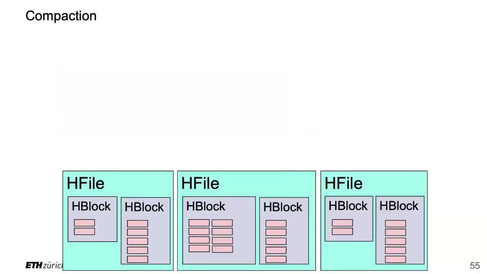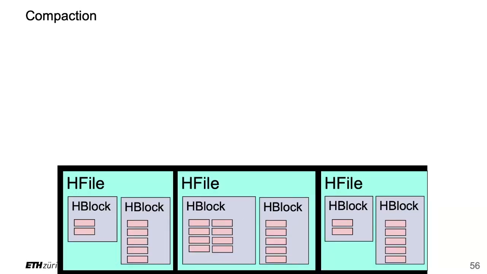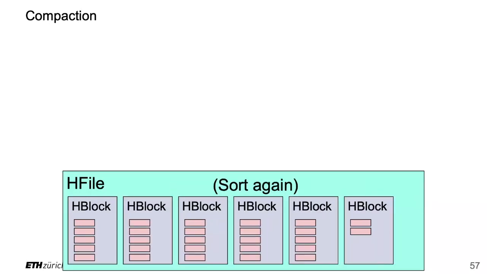But the thing is, when we want to merge these HFiles, you might think, okay, the worst case would be n log n because we need to sort. But the HFiles here are already pre-sorted within each HFile. So in fact, the time it takes to merge these HFiles is linear, right? So if I have n key values in all of these files, the time it takes me to compact them to a larger one is in fact proportional to n as well. So this is considered quite good for